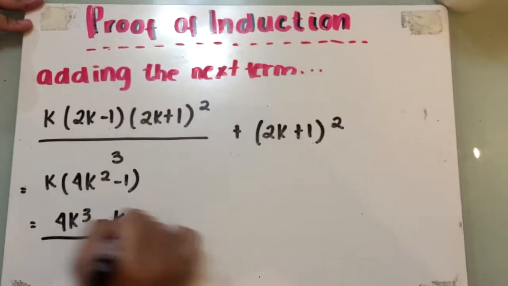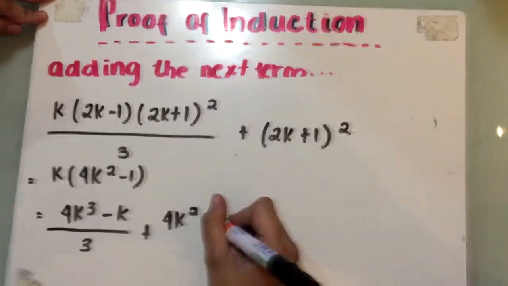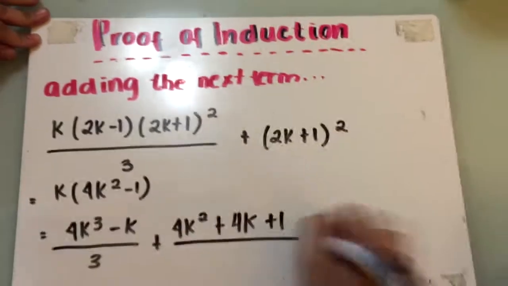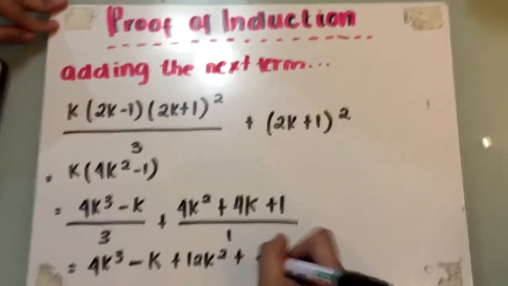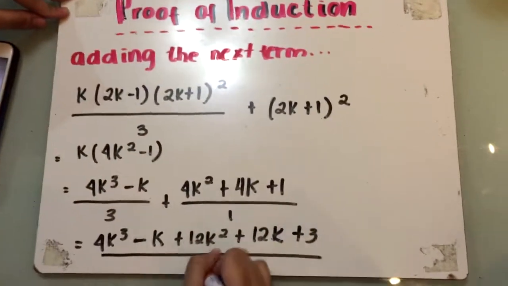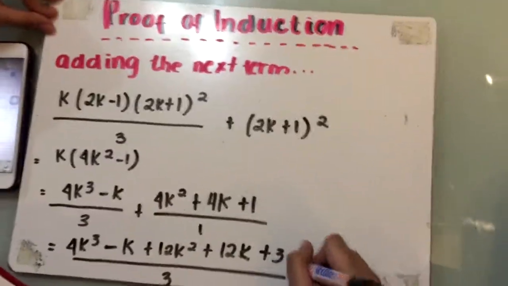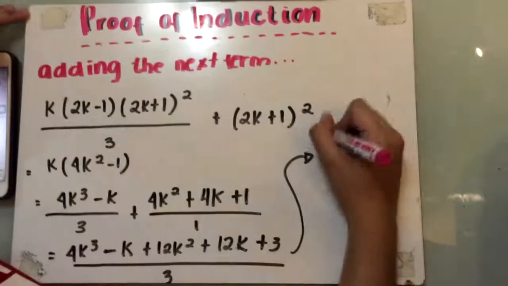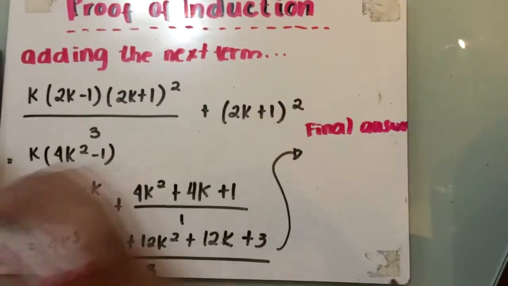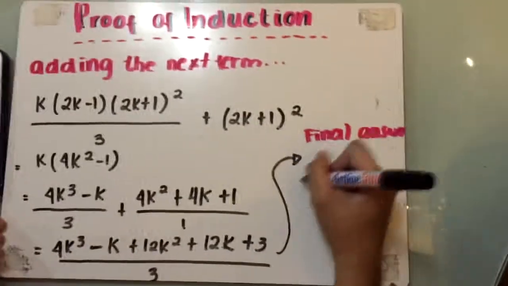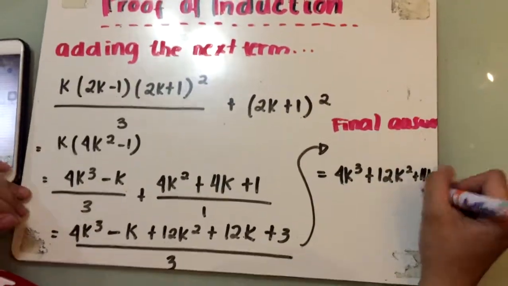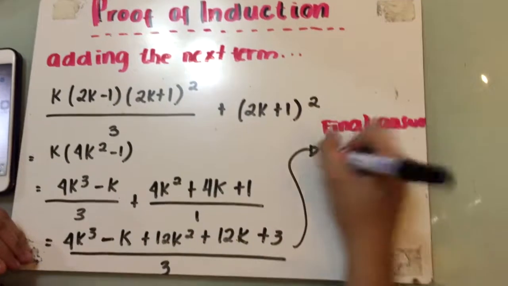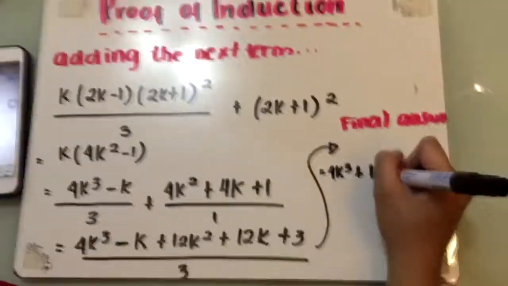So k times the quantity 2k minus 1 times 2k plus 1 over 3, plus the next term, which is the quantity 2k plus 1, squared. And after solving this, you will be getting 4k cubed plus 12k squared plus 11k plus 3. And the second column is labeled as substituting n equals k plus 1. So the formula is